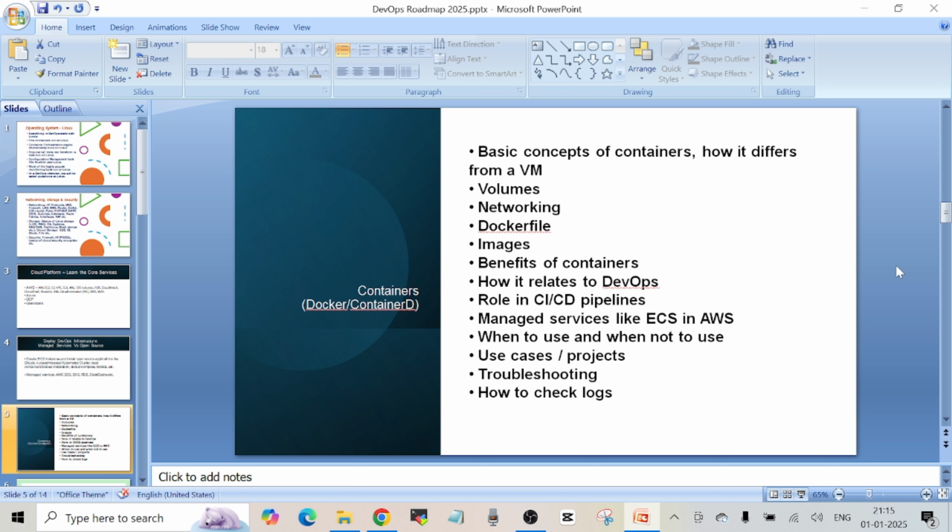I'm using Docker here, but Docker has been deprecated from a lot of platforms, but it is still popular, and all the concepts that you learn are still valid for any other container platform. So that's why I'm using Docker, but I generally mean I'm talking about containers. So apart from Docker, there's another platform called containerd. So you can learn any one of that, but since I'm from a Docker background, I'm using Docker a lot, but it generally means I'm talking about containers. Anyways, so you should know the networking part of Docker